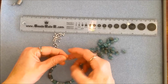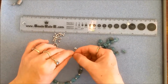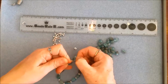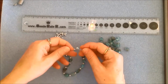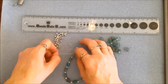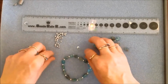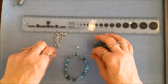just like this, and then I'm just going to hold the crimp under my fingers, and you're just pulling these two ends and that should pull the elastic through. Yep, I just felt that pull through. So now we've got our thread coming through like so. So you just want to pull both ends of the elastic,